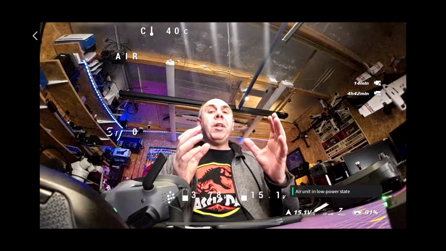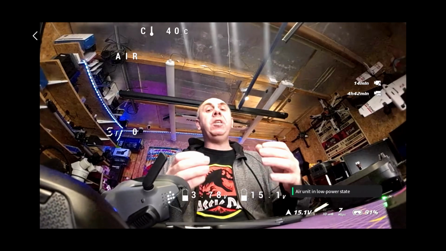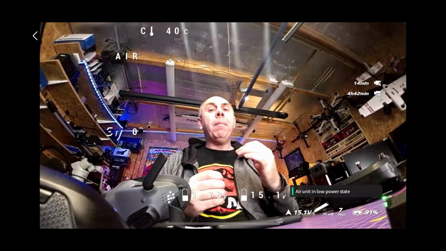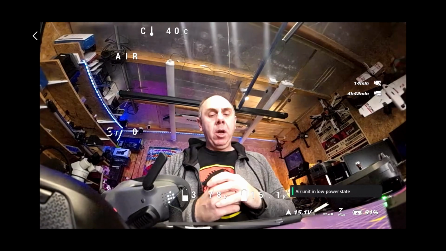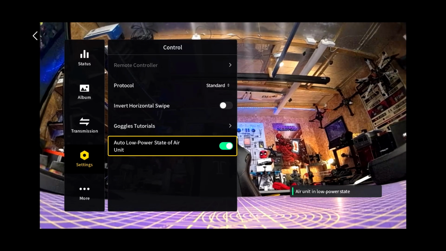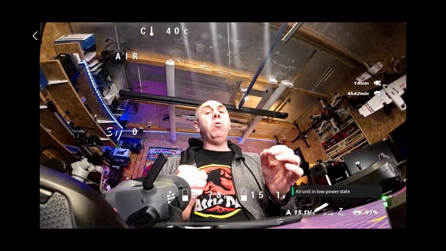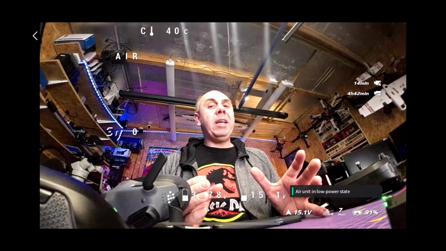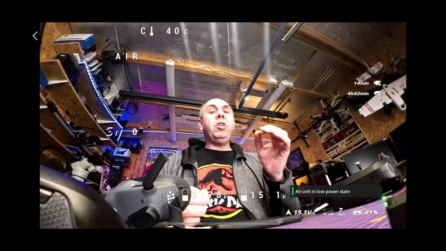Whilst before, the last FPV system could be told to go to full power output by turning off the low power mode, O3 works differently in the sense that whilst you can turn off low power mode, it doesn't kick it to maximum RF power output. The only time it will go to its maximum RF power in FCC mode is when you have it connected